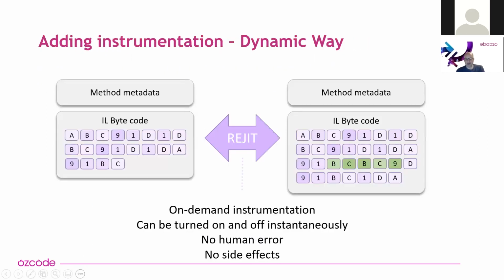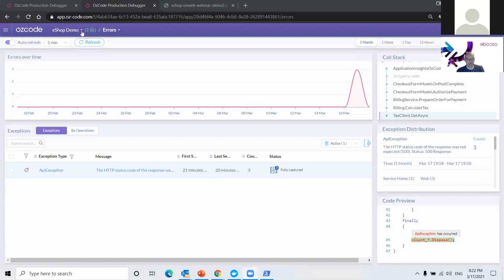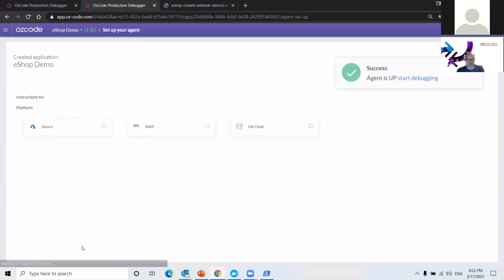Okay, I think we understand what the technology is, but let's see now what the technology actually does, right? That's what we're interested in. We're here to learn how this can actually help me debug my exceptions in C# code that's running in production. So what I'm going to do now is install Production Debugger on an agent that's running inside my Azure service. Installing an agent is very easy.